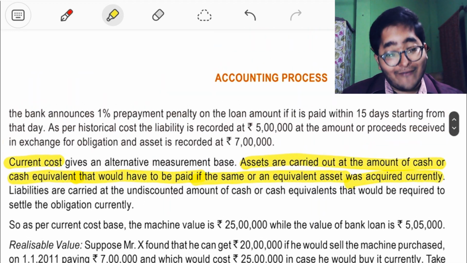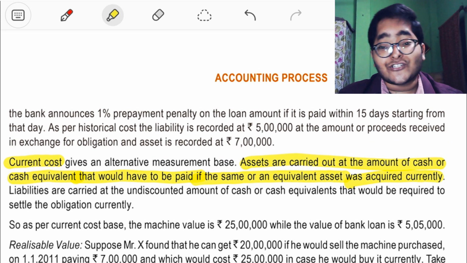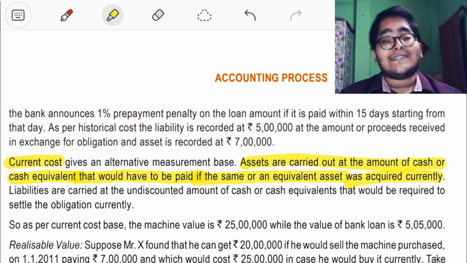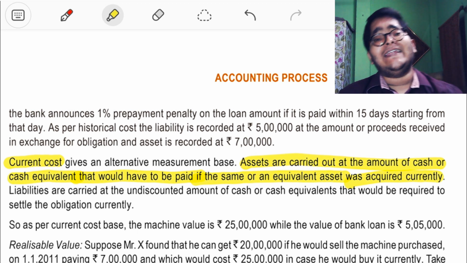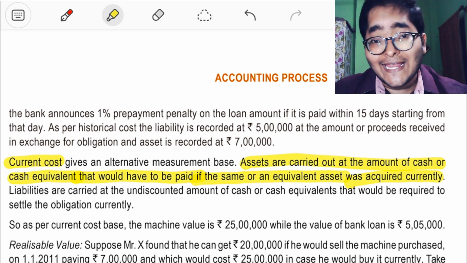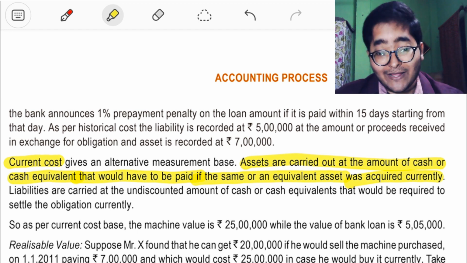Liabilities are carried at the undiscounted amount of cash or cash equivalents that would be required to settle the obligation currently. To settle a liability today itself, whatever cash or cash equivalent has to be paid,